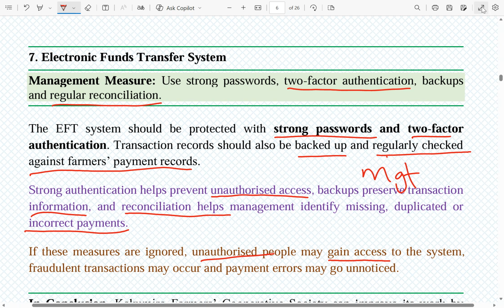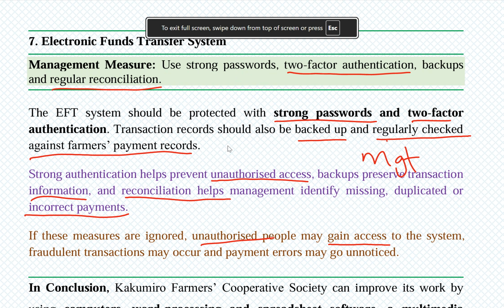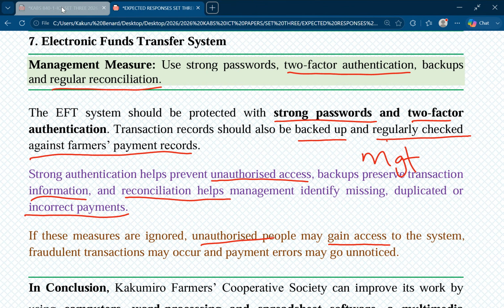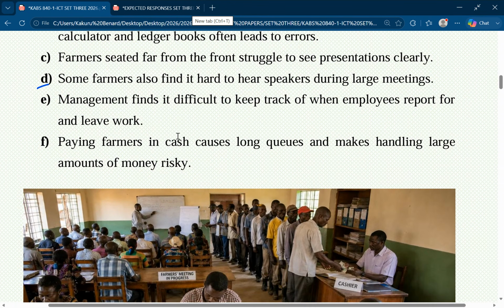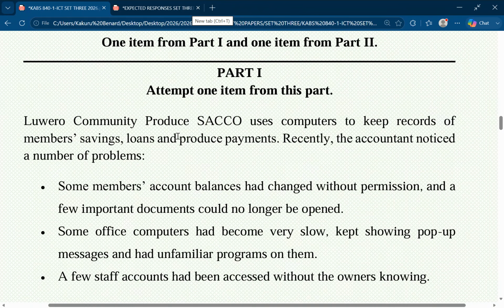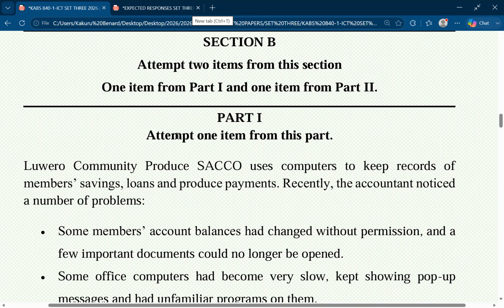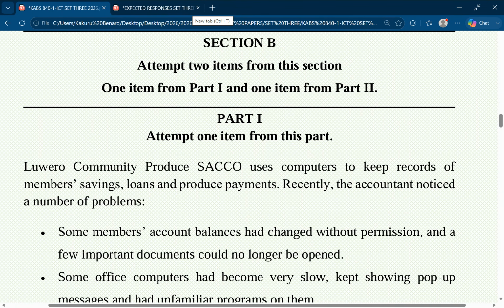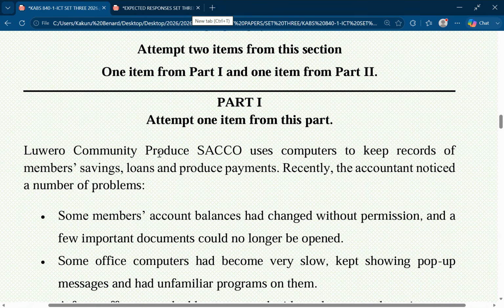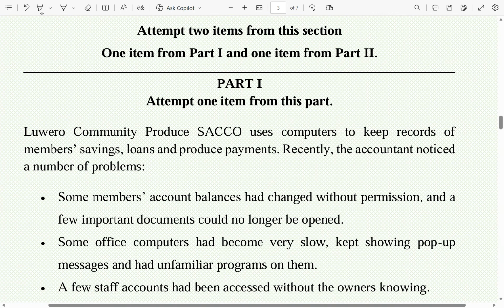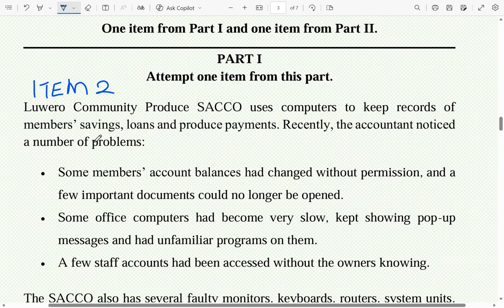So up next, we are going to be looking at item 2. That is from section B, part 1. Here is our item 2. I think I didn't label it, but this is our item 2. And we are saying that